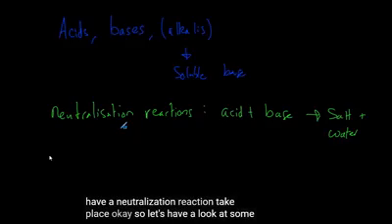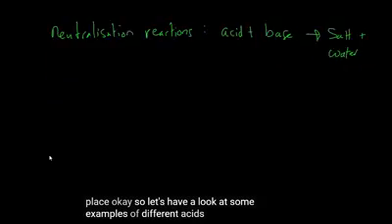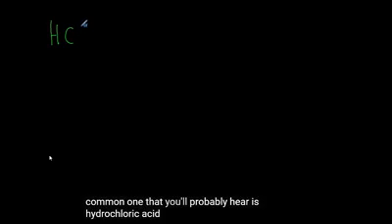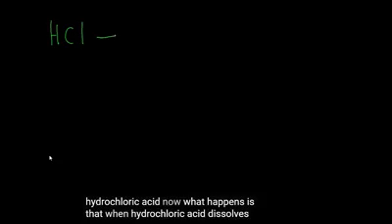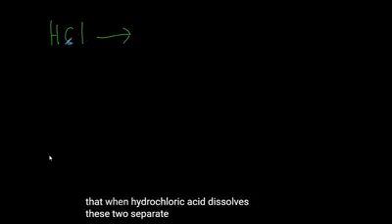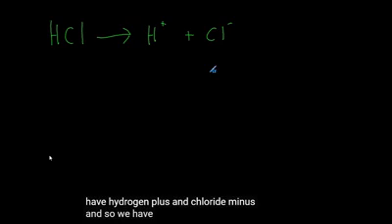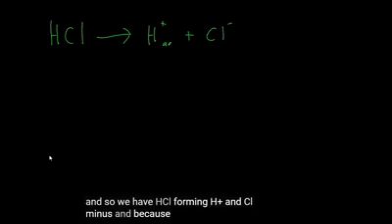Okay, so let's have a look at some examples of different acids. Now the most common one that you'll probably hear is hydrochloric acid, and that has a formula HCl. So we have one hydrogen and one chlorine forming our hydrochloric acid. Now what happens is that when hydrochloric acid dissolves, these two separate into ions, and so we have hydrogen plus and chloride minus, and so we have HCl forming H+ and Cl-, and because these are in